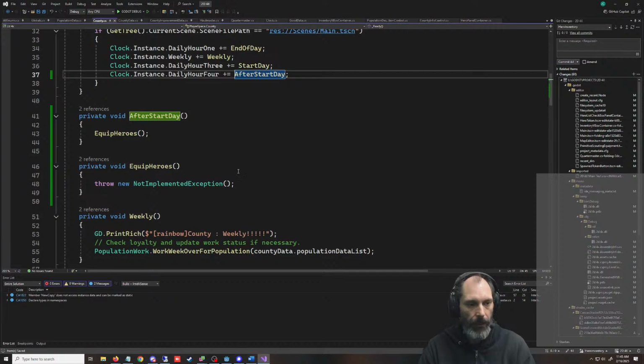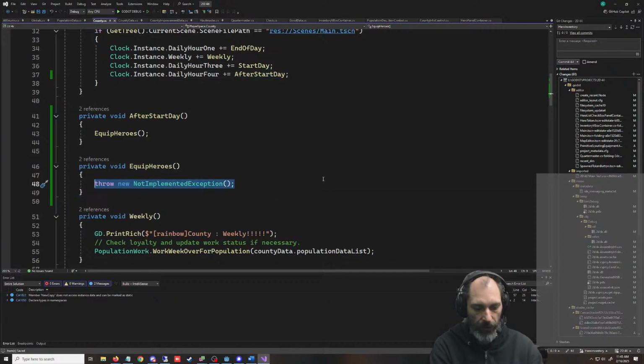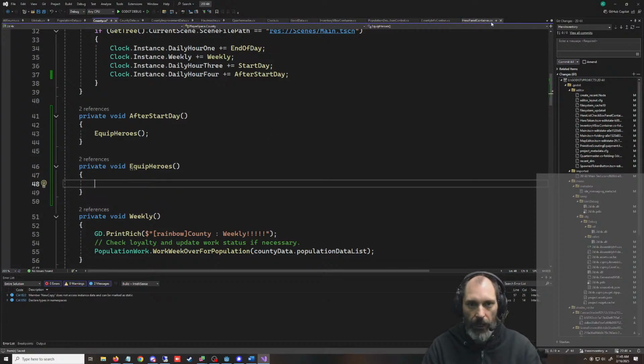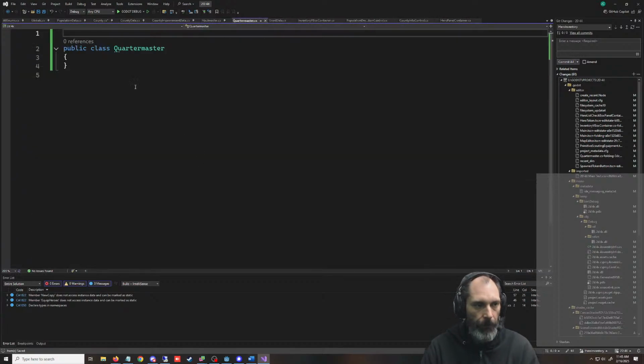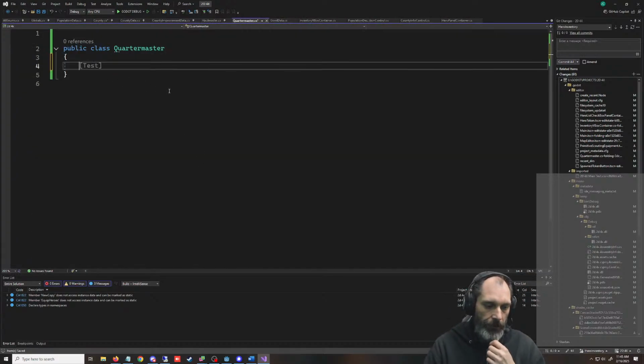I didn't save it. So the quartermaster, we'll put something in the quartermaster after all. Did I close that? I don't like how, when you open a script, it opens it over here. I feel like it should open it on the end. There's probably a setting you could change. So with the quartermaster, why did we create this thing? Why did I just go to that effort?